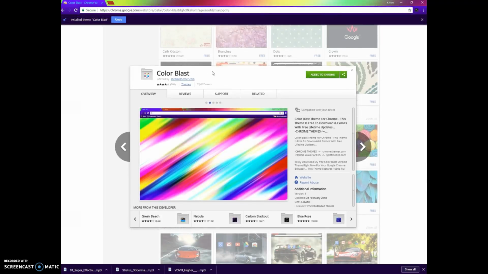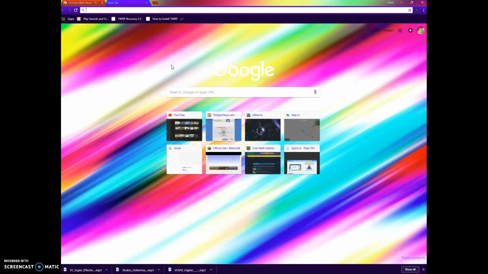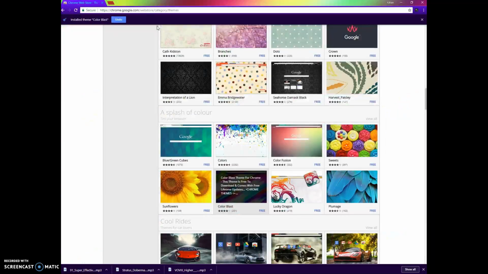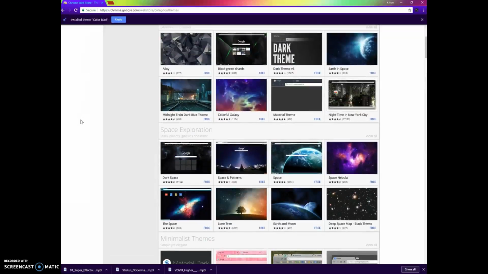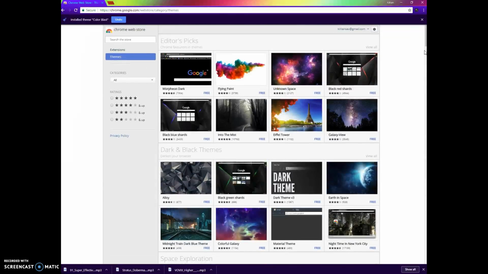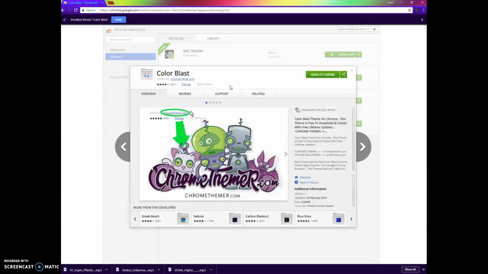Then it's up there, it can change some of the stuff, as you can see. Then click X, go on to this. Then you got this. Now, if you want to take this off, you can obviously undo it if you just download it and then you don't want it anymore. But if you don't undo it, go on to My Extensions and that, go on to the one you want to delete, then